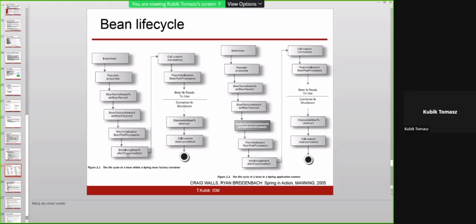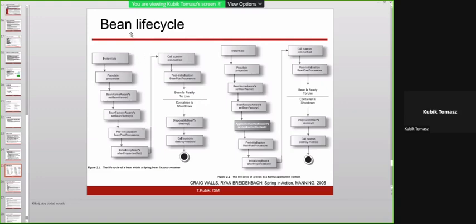Then initializing beans after properties set will be called. Then the custom init method will be called. After that, the post-initialization bean post-processors will be called. And finally, your application will be ready to use. The beans existing in your application will be ready to use. So what I want you to understand from the chart is that